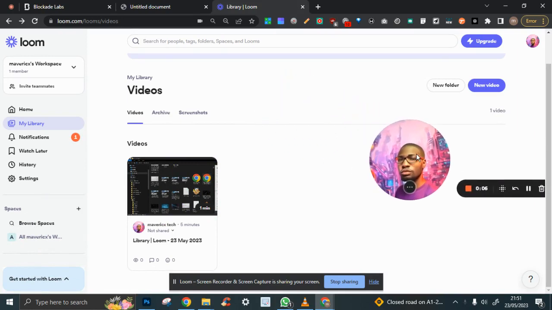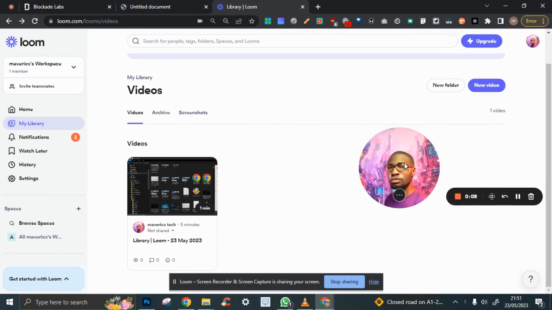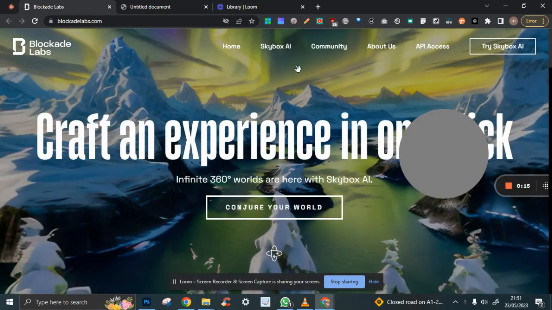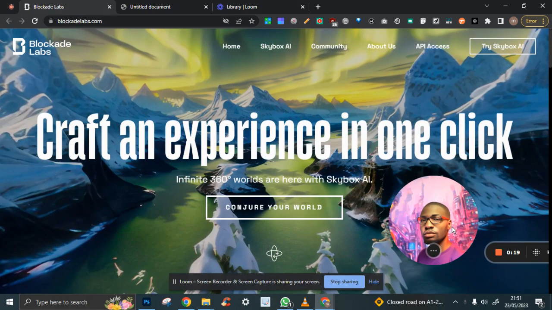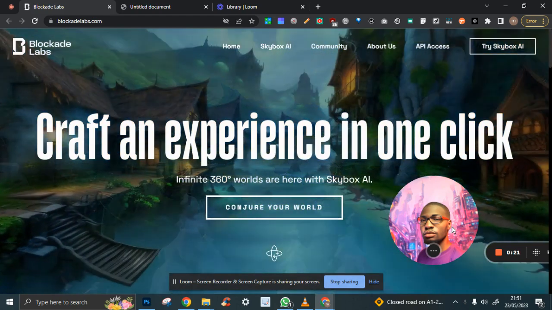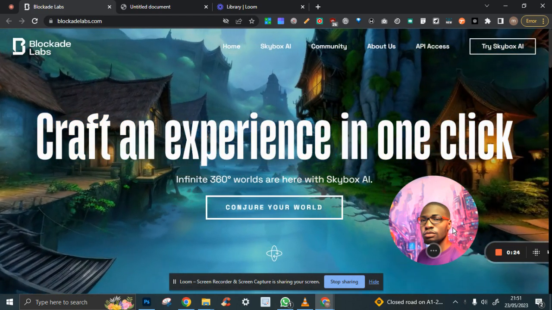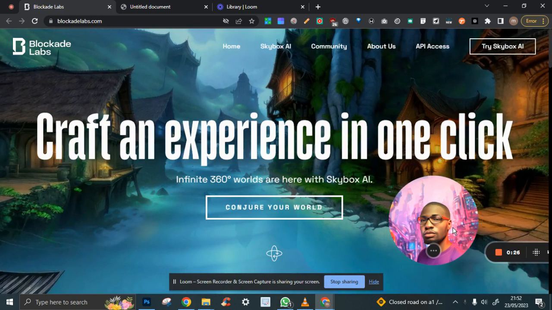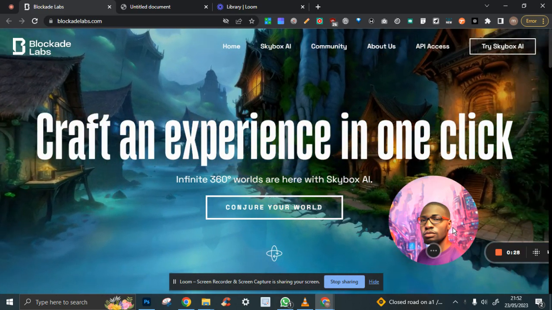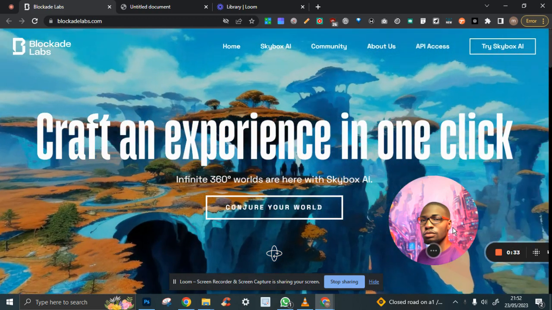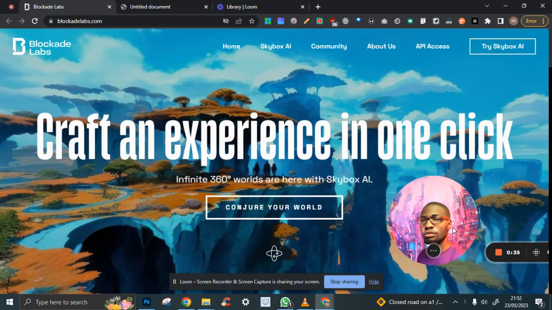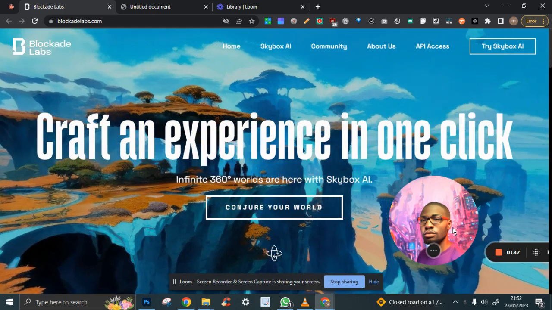So today we're going to talk about a very cool AI tool. Now, this AI tool, you can actually use it to generate entire sets or virtual worlds, like a 360-degree world. So it all depends on what you type into your text. Then it generates this whole scene, and you can actually use it in any of your major projects, like you're